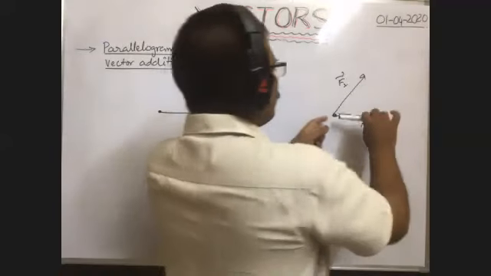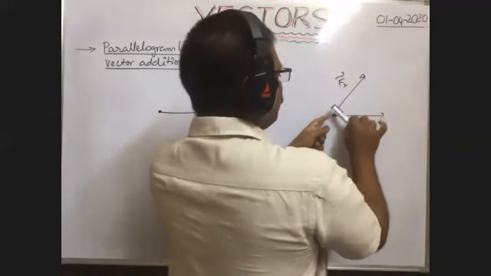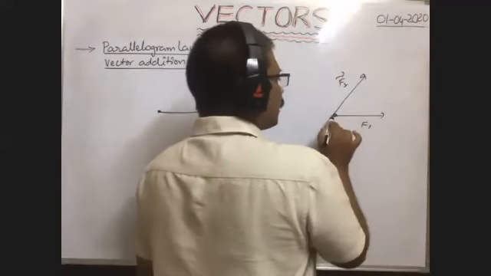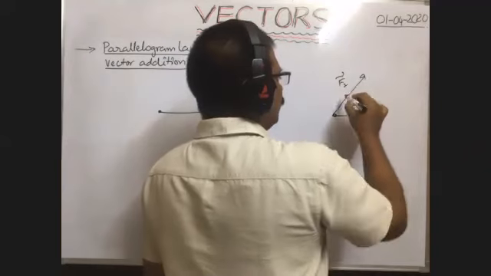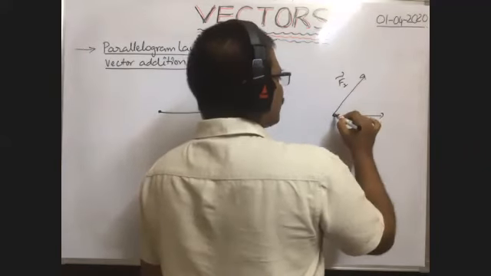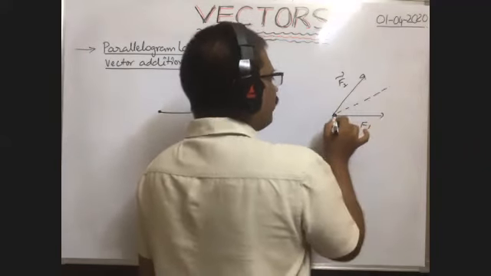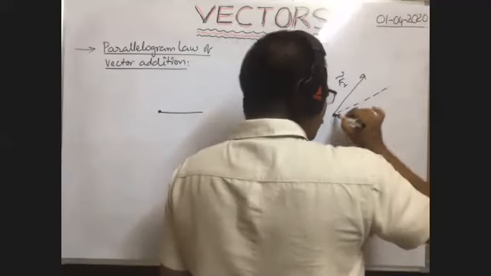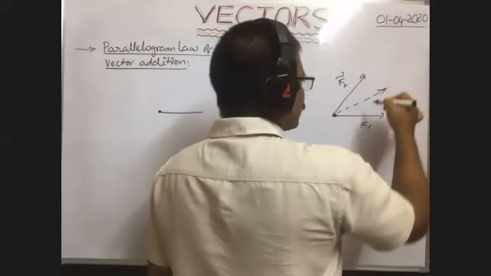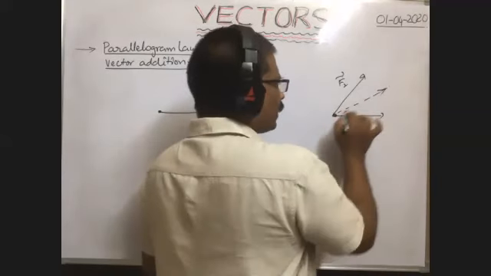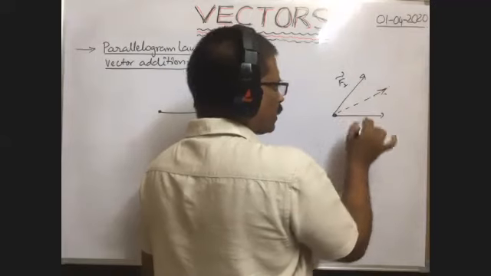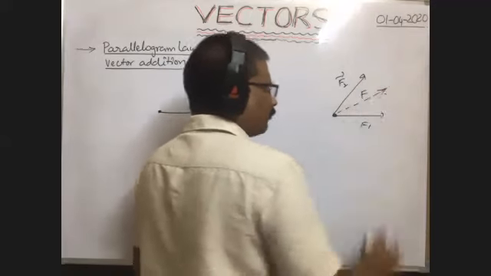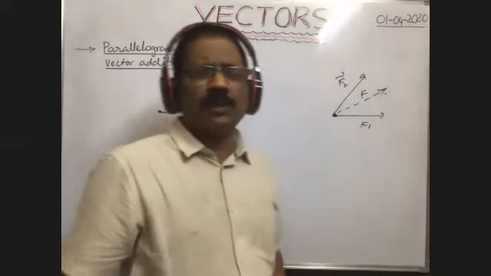Suppose by means of a rope or a thread, this particle is pulled in this direction and in this direction simultaneously. Then the particle cannot move along either of these directions. The resultant of these two forces lies somewhere in between. That means the particle will move along a straight line path in the middle between these two. So even when two forces are applied like this, the direction in which the particle moves is the direction of the resultant force F. You can imagine it, you can observe it also.